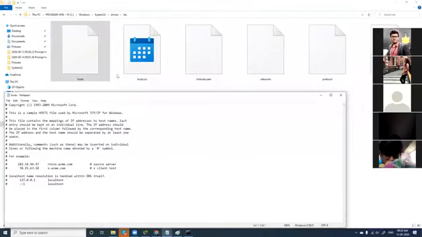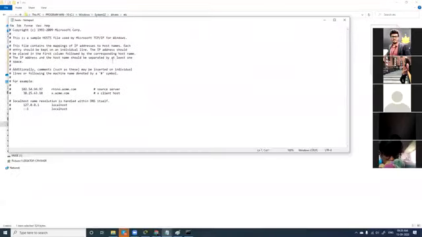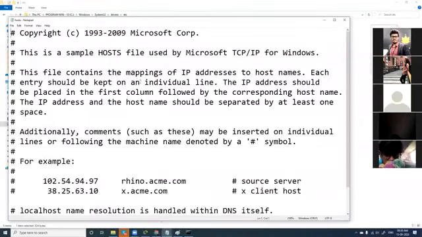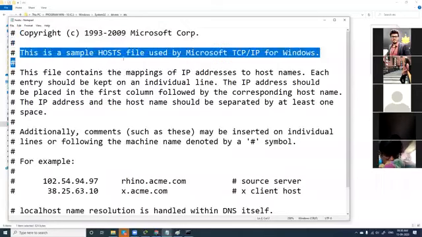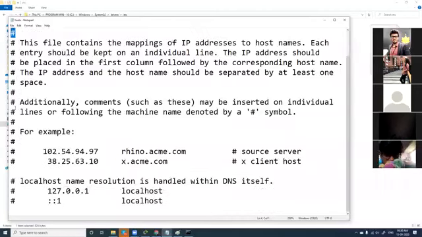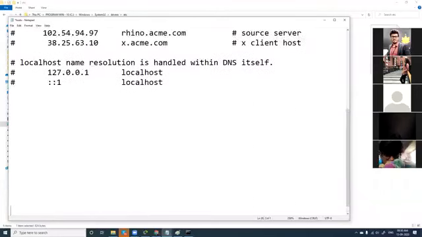When you open this file, you have a few configurations here which are not going to work. Why? Because you have a hash. When you have a hash in front of a command or in front of any configuration like this, it will be commented out. So this is for our understanding, and everything is hash. They have shown us a sample example here. Fine. So I'll go down here.